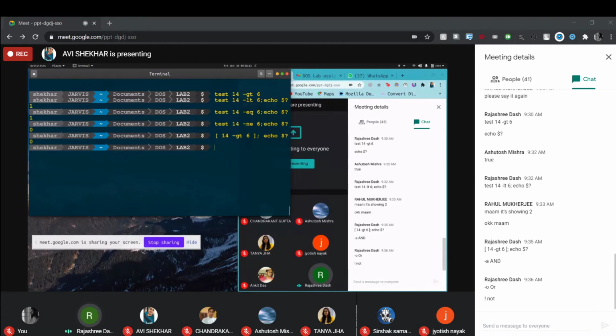One is 14 -gt 6 and the other, make it 14 -lt 16, another is 14 -gt 0. Now take its exit status.